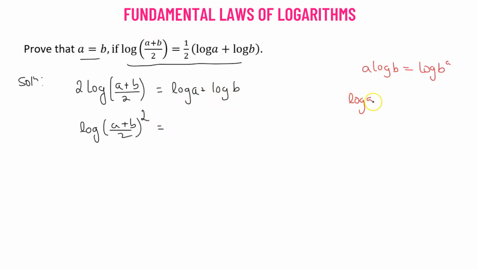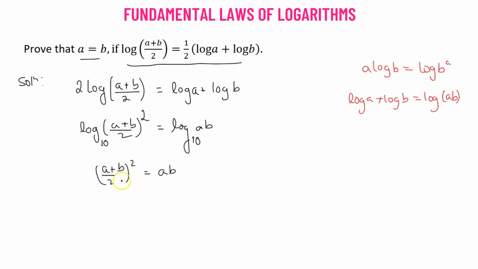That can also be combined to form a single logarithm. So we'll use the property log of a plus log of b equals log of a times b. This gives us log of ab. Now, when the base of the logarithm is not provided, by default it's 10. So here we have 2 logarithms that are equal with a base of 10. That means we have (a plus b) over 2 whole squared that must be equal to ab,